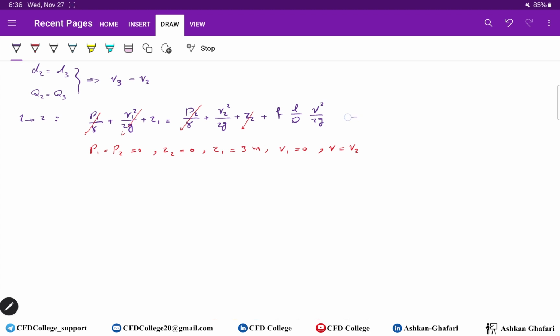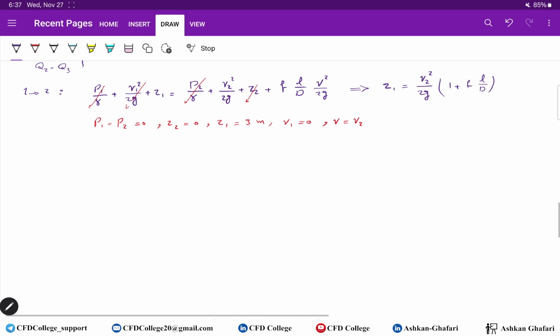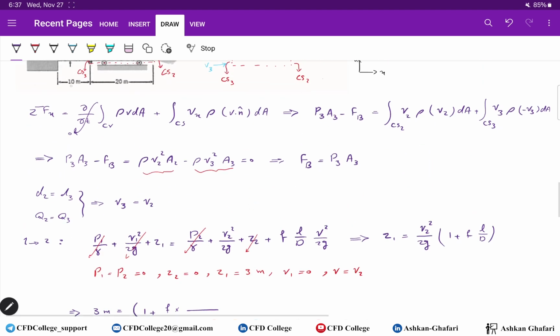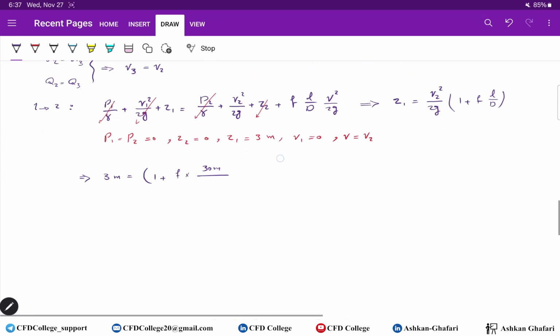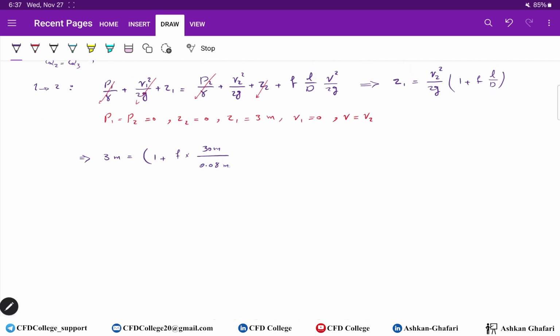So what remains is Z1 equals V2 squared over 2g, if we factor out 1 plus FL over D. So 3 meters equals 1 plus F times L, which is 10 plus 20, 30 meters, over diameter 80 millimeters, 0.08 meters, times V2 squared over 2g,